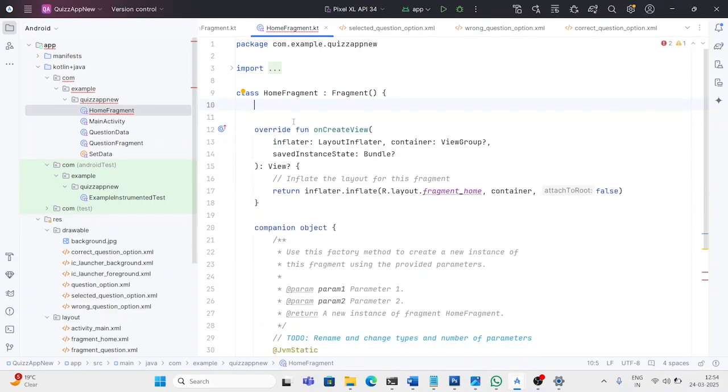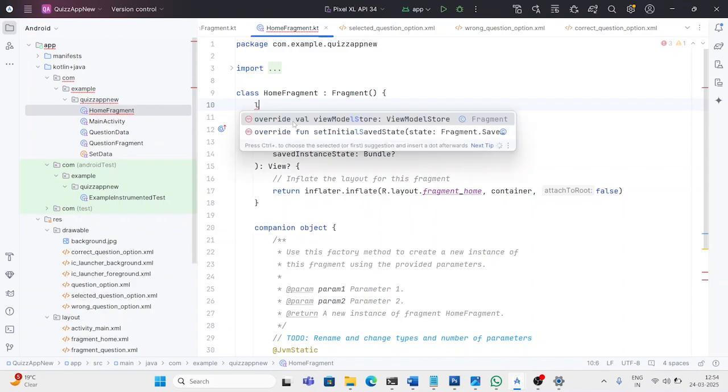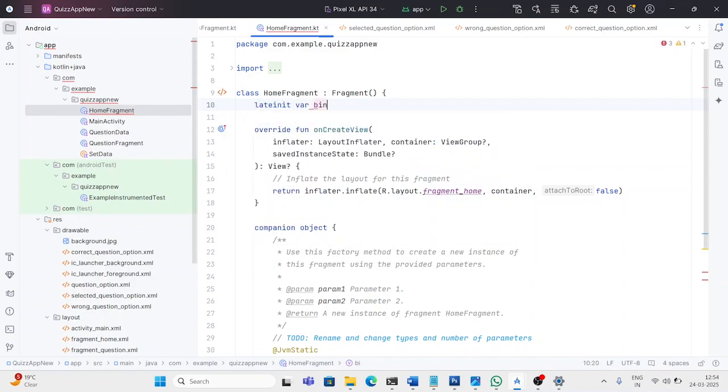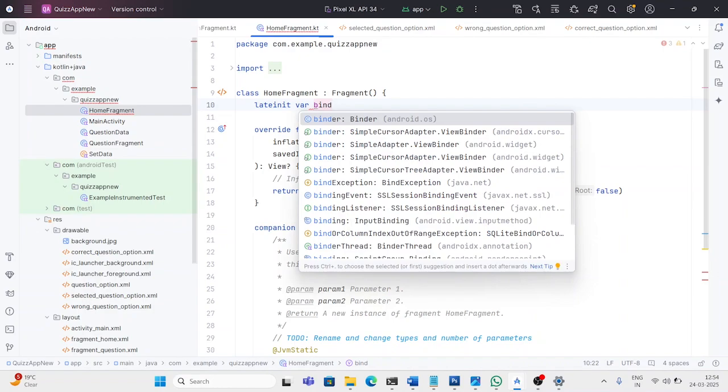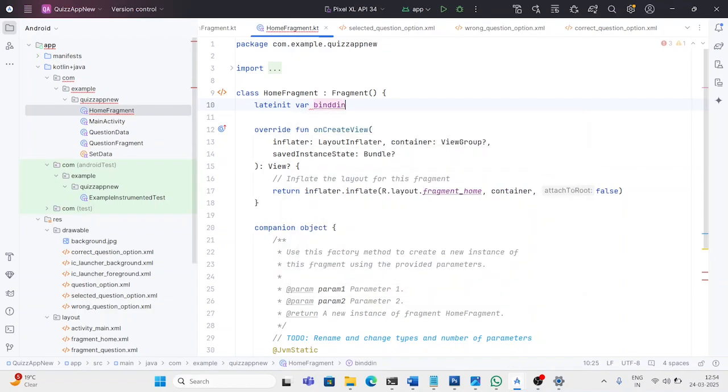Now let's create one instance of binding over here, lateinit var binding. Let's first convert this layout to data binding layout. Let's go to the resource file of our fragment,